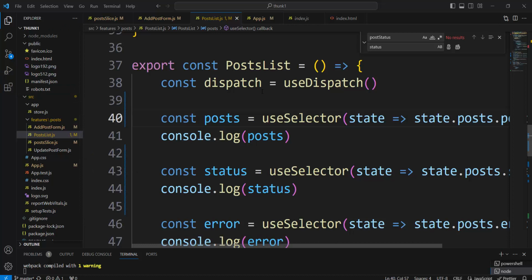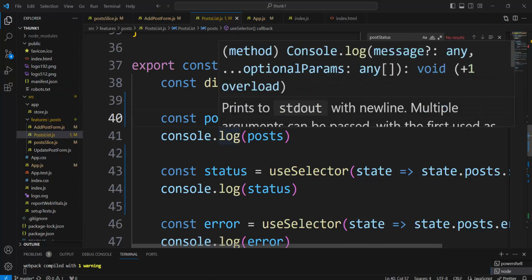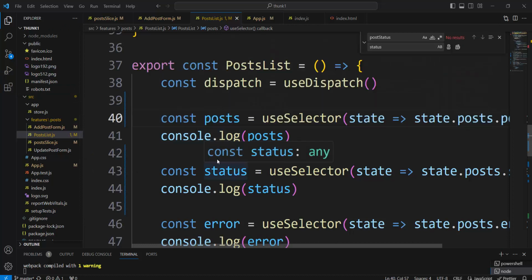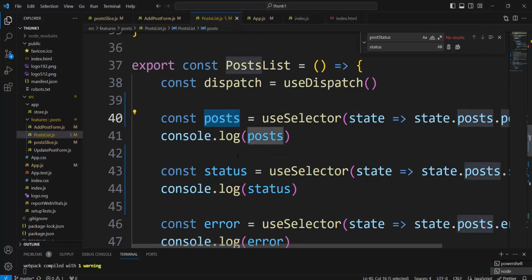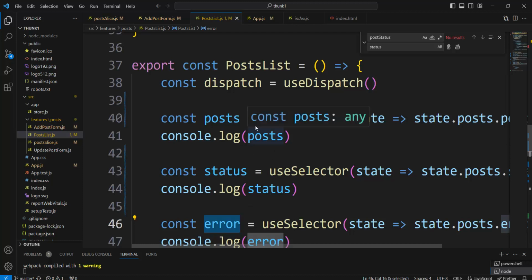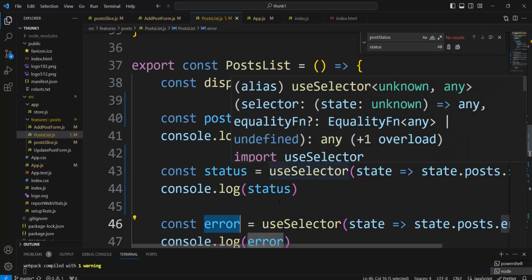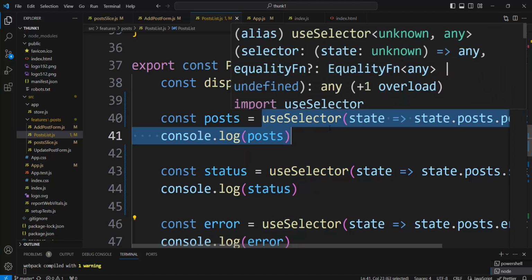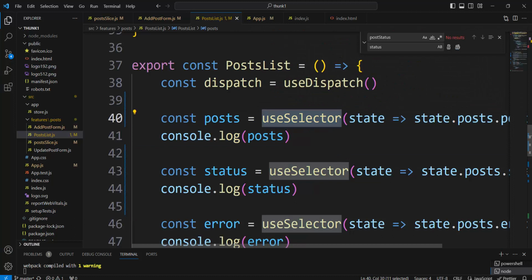Here in the PostList component, we declare three states: post, status, and error. Those post, status, and error are values returned by useSelector. useSelector is a hook